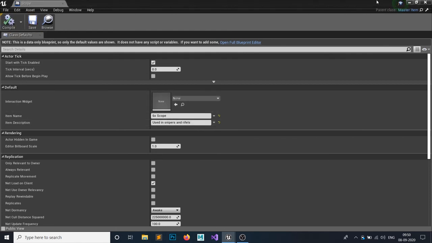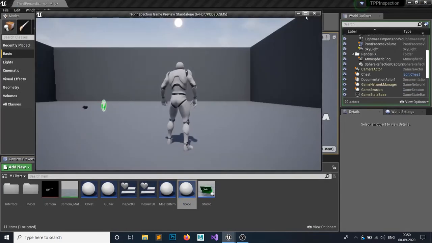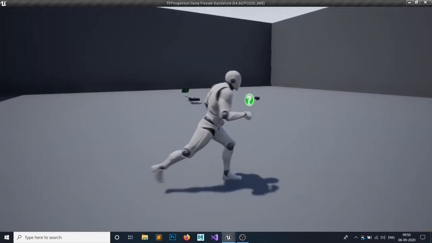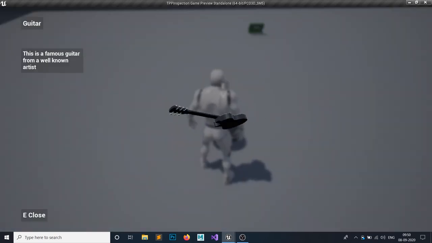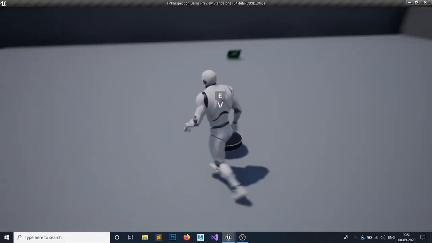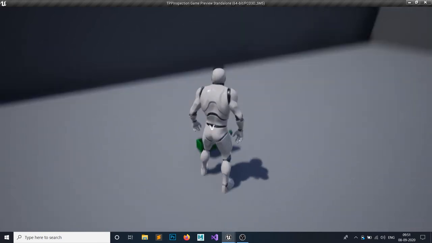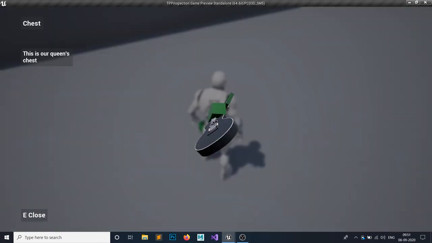Hit compile and save, and let's check this out. So you can see we can inspect this, we can also inspect this.